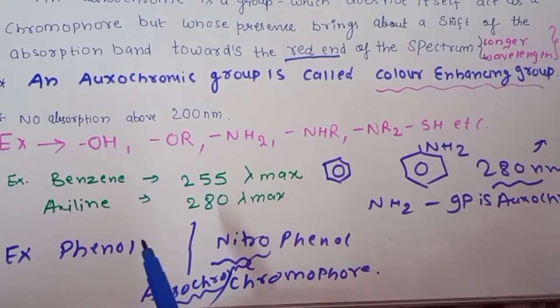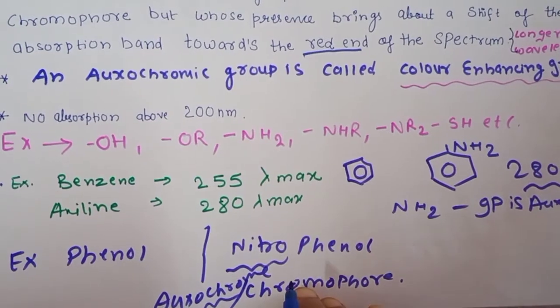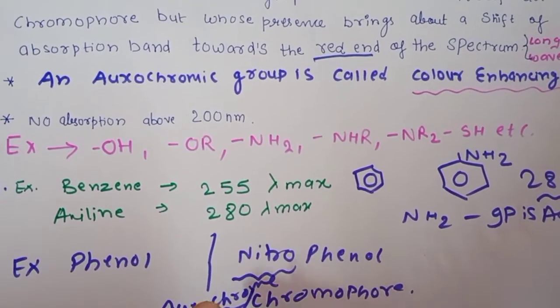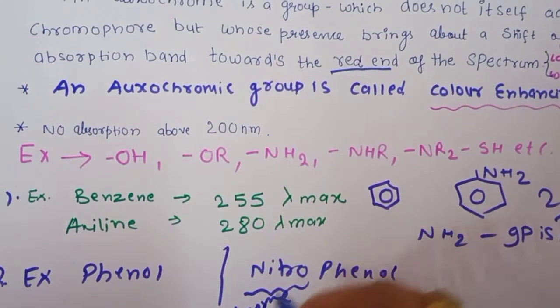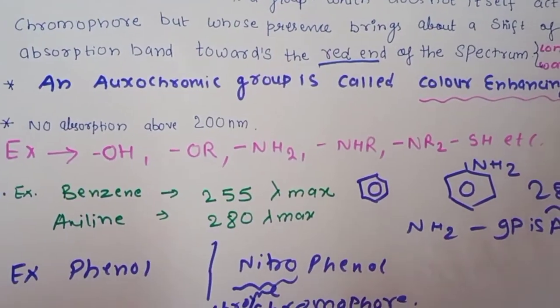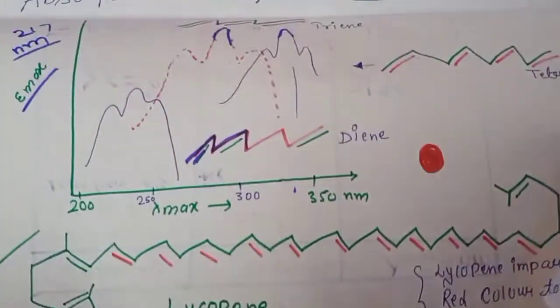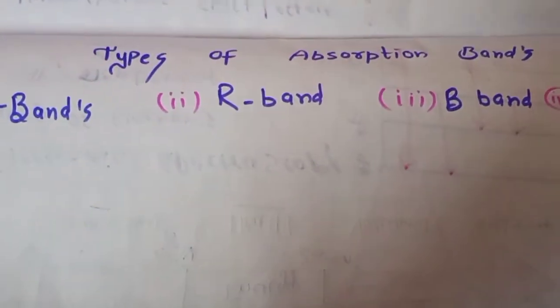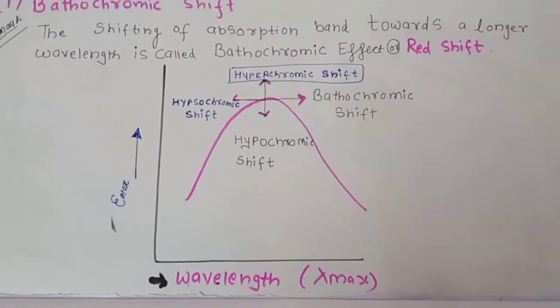Now we talk about the phenol. I told you phenol alone is different, cannot do anything, but if it is present with the nitro group, it will impart the higher, the absorption band shift toward the higher wavelength. So this is for the auxochrome. Now actually before talking about the shifts, I have to explain these topics, because when we are discussing the shifts now, these are very very important, friends.